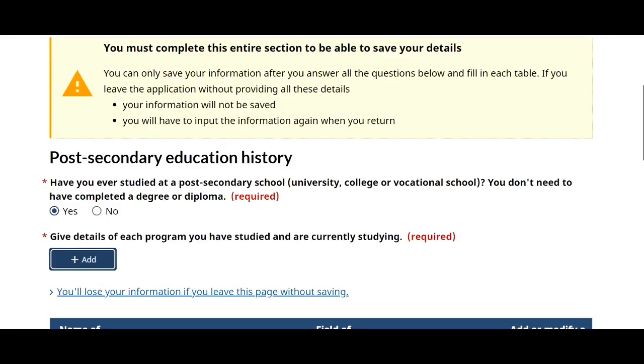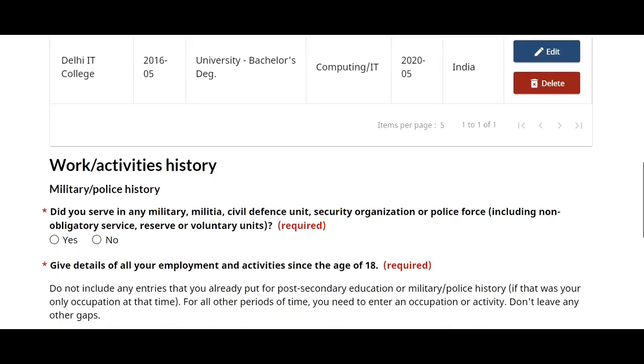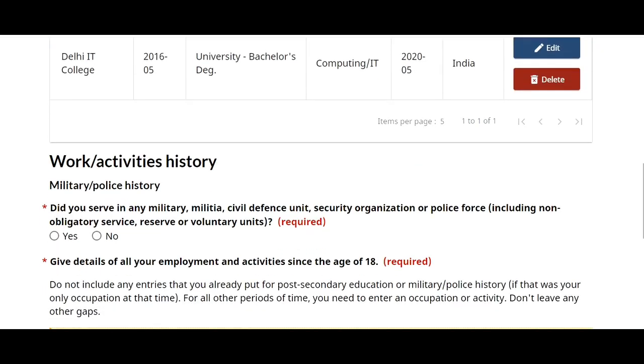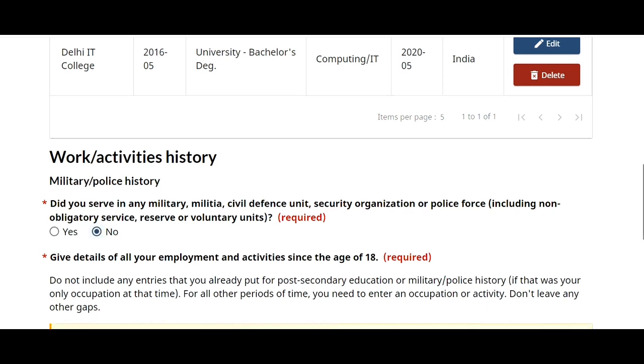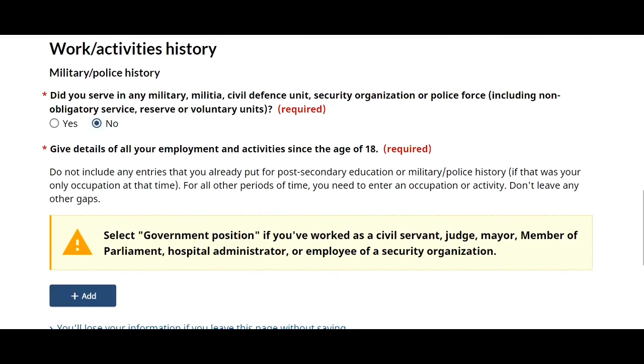Okay, work activities. Did you serve in any military, militia, or defense unit? No. Give details of all your employment and activities since the age of 18. Do not include any entries that you have already put for post-secondary education. So since the age of 18 will be like April 2016. We have already shown the studies from May onwards.